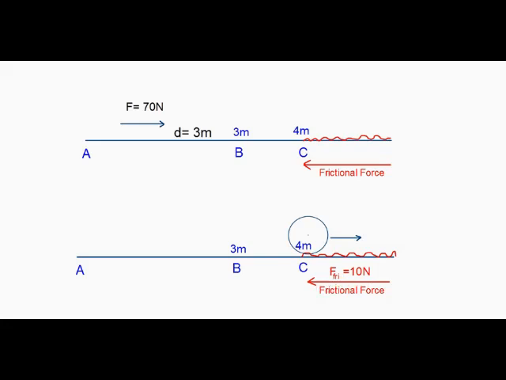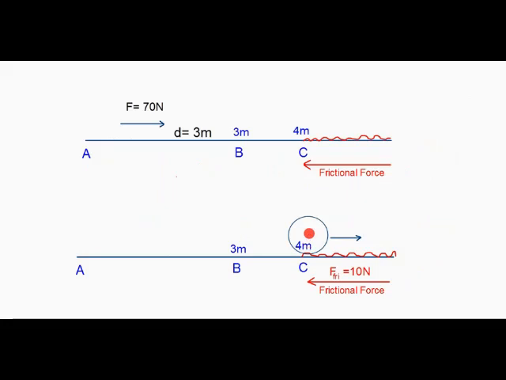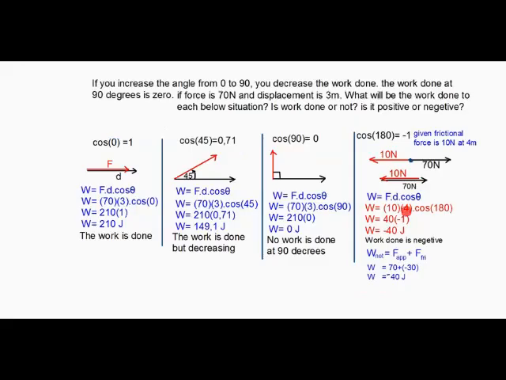Let's look at the calculation here. The work will be equal to 10 newtons in this case times 4 meters now, because this frictional force started at 4 meters. When it's 4 meters, then this frictional force of 10 newtons started. It's times 4 times cos of 180. What is cos of 180? You can punch your calculator. Cos of 180 is -1. So when you punch on your calculator, 10 times 4 is 40. Times cos of 180 is -40 joules, which is the work done here, will be negative.